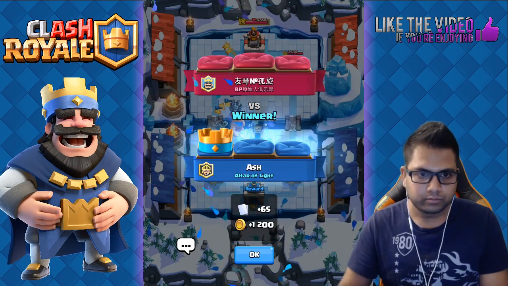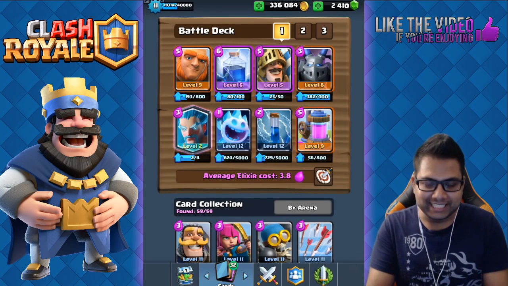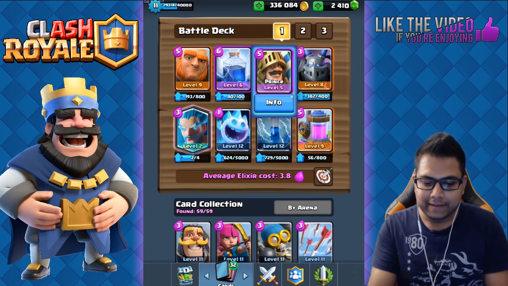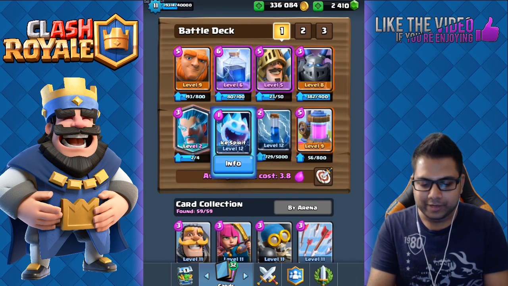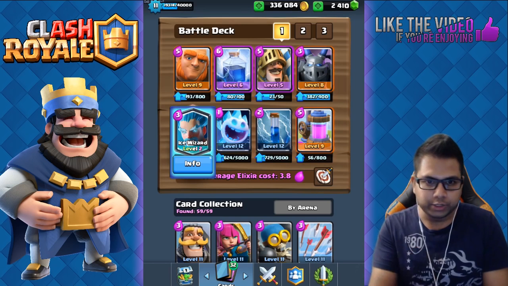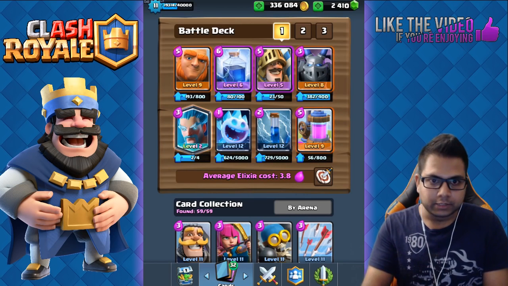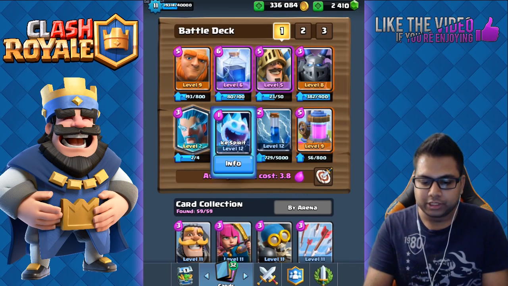deck. Next, we're going to use one of my favorite decks in the game right now, which is the Giant Lightning strategy with Prince, Mega Minion, Ice Wizard, Ice Spirit, Zap, and Collector. But if you don't have the Ice Wizard, you can use another splash attacker like the Princess. Obviously, won't be as good defensively, but the Princess does provide splash, the much needed splash to deal with minion